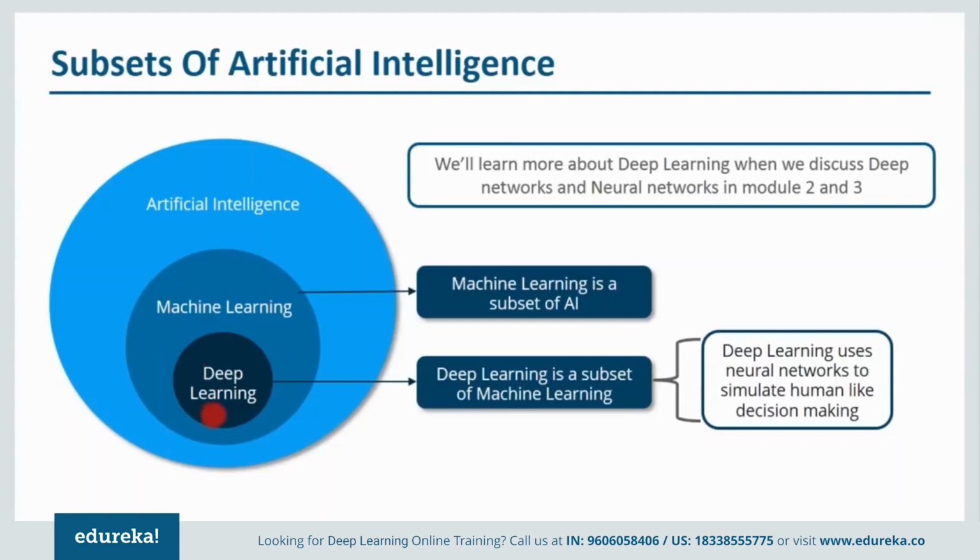Now, let me tell you guys, the concept of artificial intelligence is not new. It was first coined in 1956, but it was just a theoretical concept. Then in the 80s and 90s, we were talking about neural networks. But since we didn't have enough computational power, we couldn't utilize it properly. But in the late 90s and 2000s, we started using neural networks for machine learning. Then in 2006, the term deep learning was coined for the first time that overcame the limitations of machine learning. And from 2010, deep learning was used commercially as well.